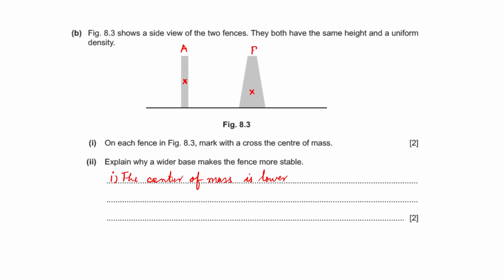This is for A, this is B. For B compared to A, making it more stable. 1 point. Number 2,